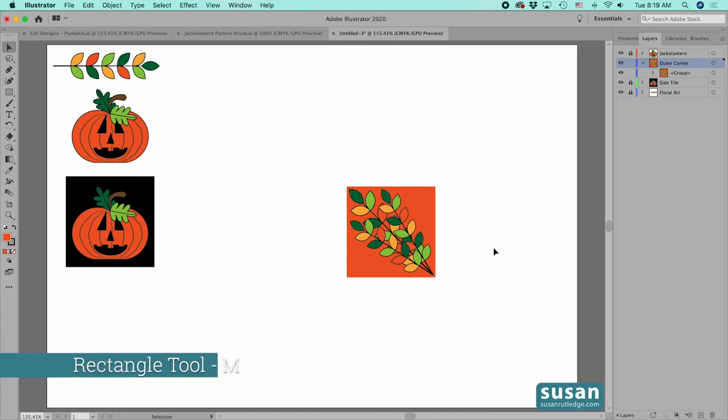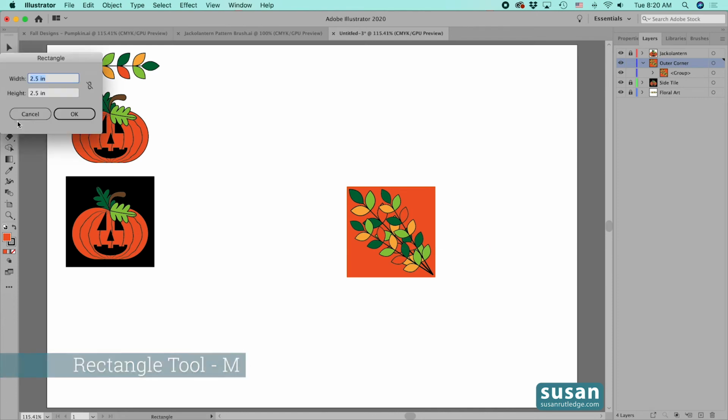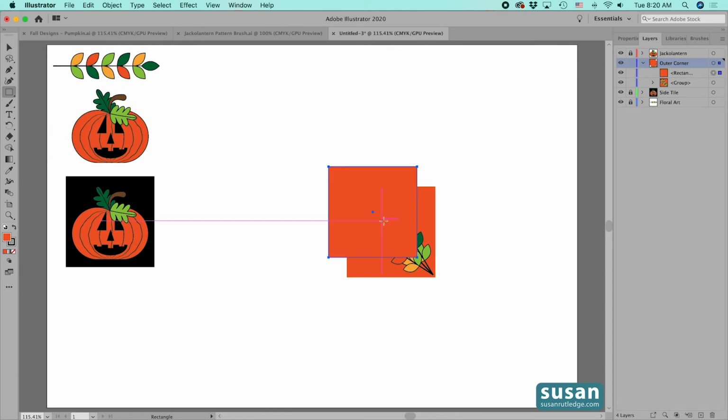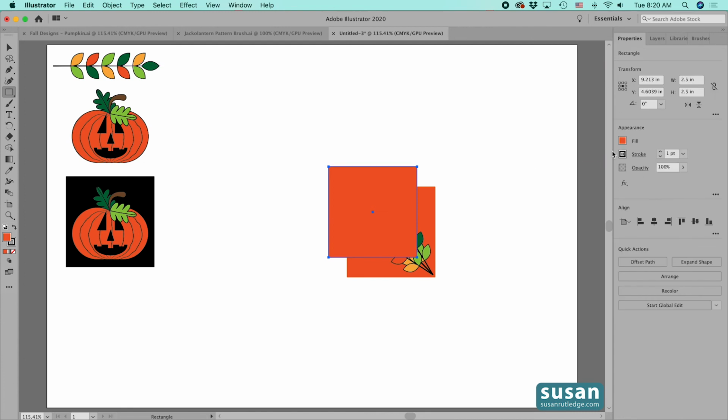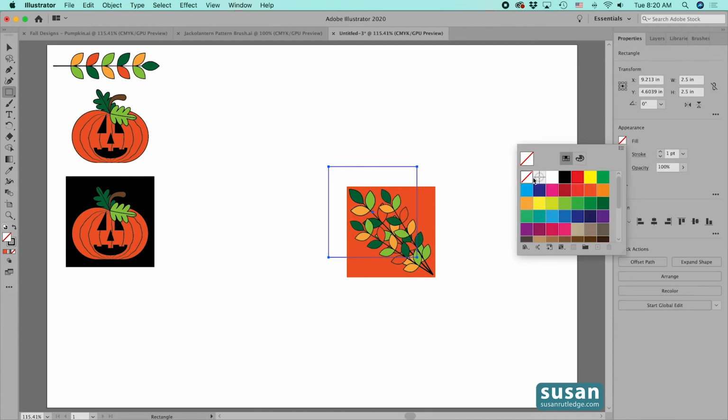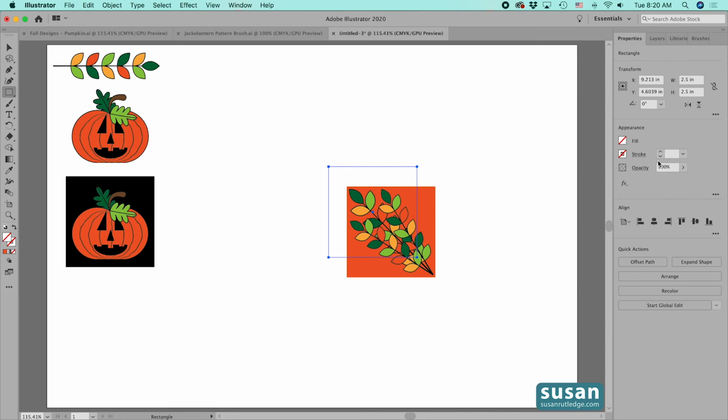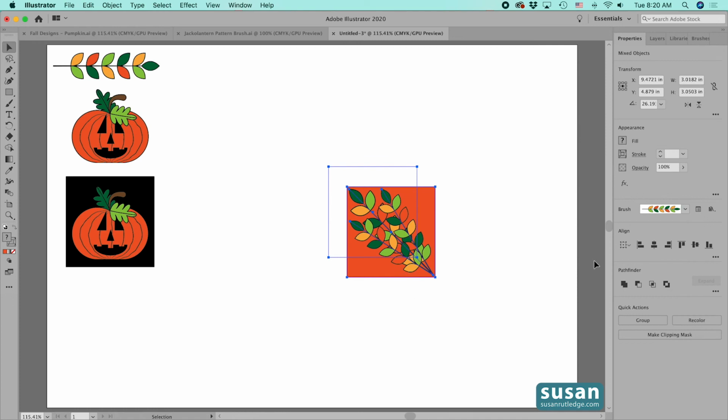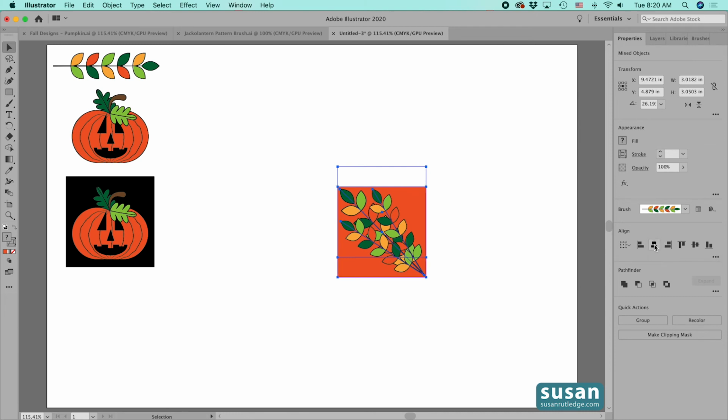So I'll get the rectangle tool, keyboard shortcut M, click on the artboard to open up the rectangle dialog box, and because the dimensions are there, I just press the return key. This gives me my 2.5 inch box, which I'll come over to the properties panel and remove the fill color, and then remove the stroke, and then I'll get the selection tool, keyboard shortcut V, select the bounding box and the design, come over to the properties panel in the align area, click on the horizontal align center and the